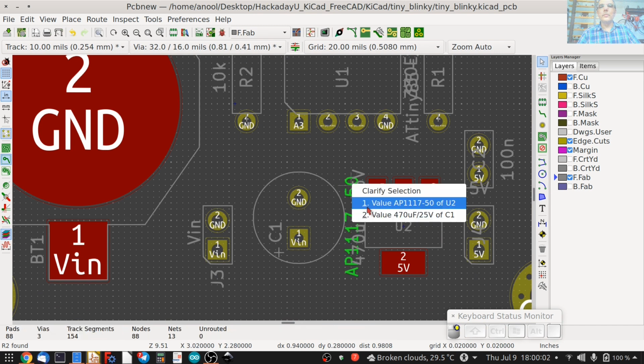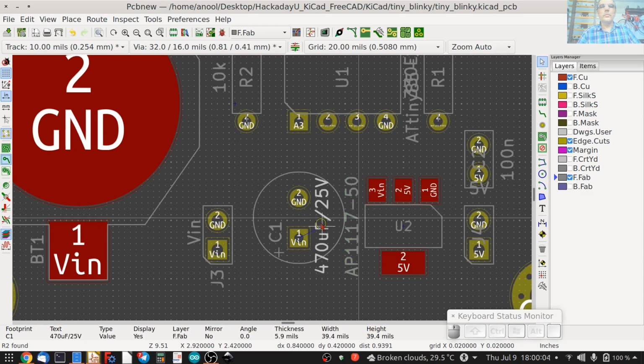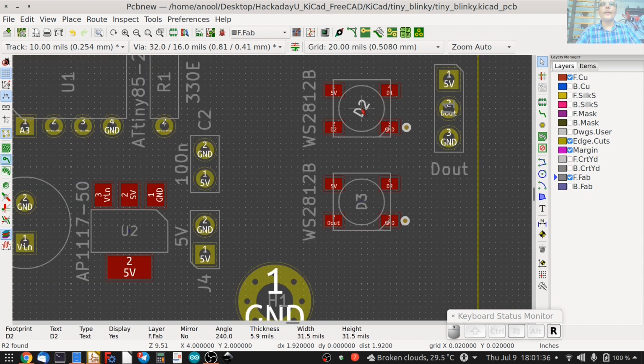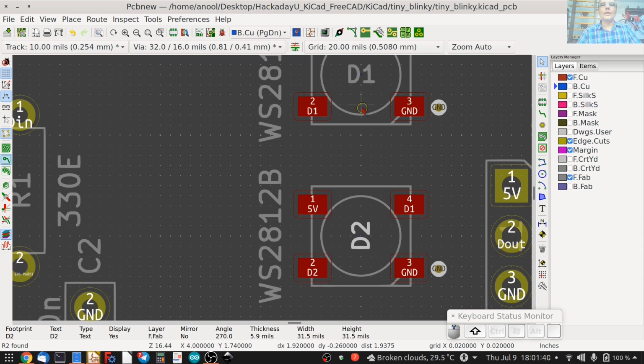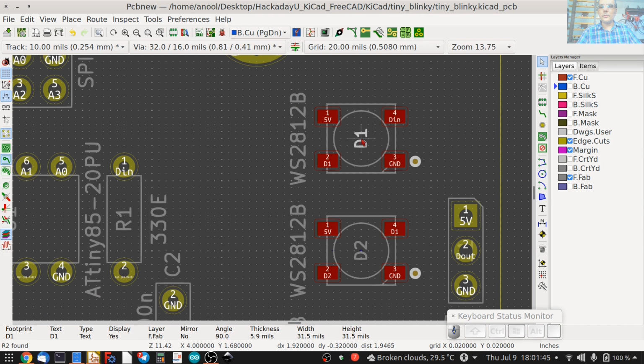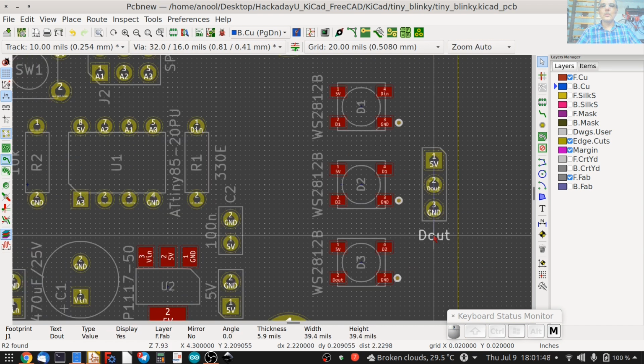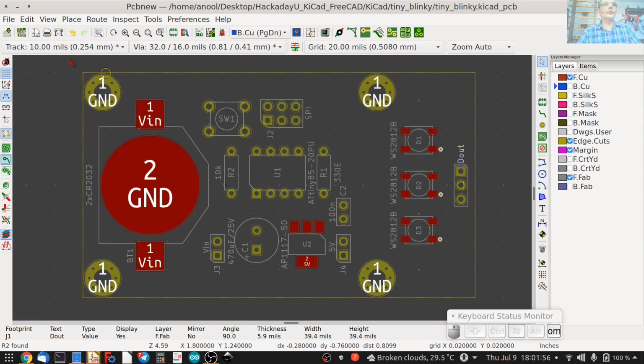That's the value of C1, so I can probably move it here, rotate, and finally over here, click, rotate, one, click and rotate and place it near pin 1. So home and save.